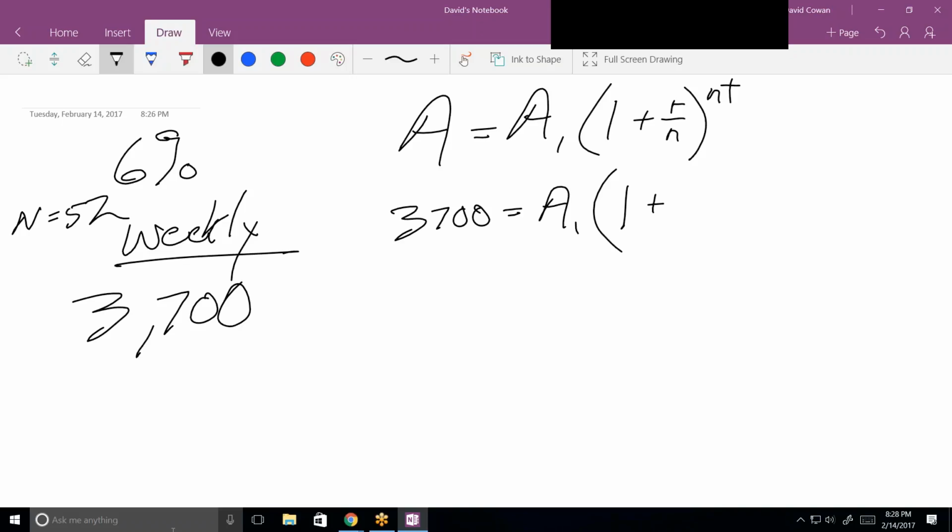Or they've given us. R is 0.06. Now, notice that they give you R as a yearly rate, not as a weekly rate. It's as a yearly rate. But I'm going to divide it by 52. So that gives me a lot closer to a weekly rate. But up here,